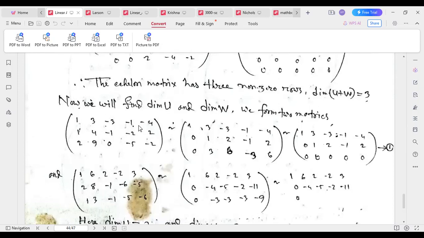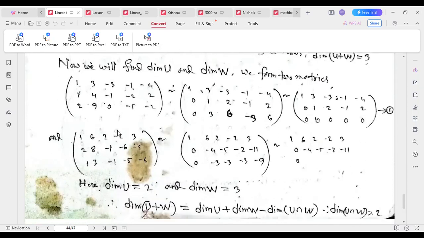3 rows and 5 columns. So in echelon form, subtracting the first row from the second one, and 2 times the first row from the third row. So in echelon form we observe that there are 2 non-zero rows. So the dimension is 2, and from W